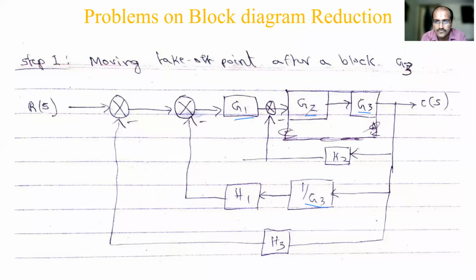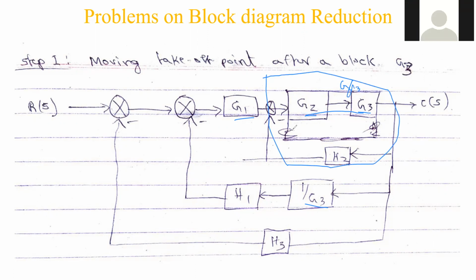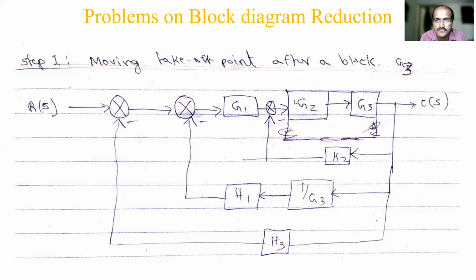So now it is simple. G2 and G3 are in series. If you take this series and then eliminate the minor feedback loop, it takes too much time. What I will do is combine G2 and G3 and make it a single block, and that is our new G. In a single step only I will do it. And then there is a minor feedback loop. For the feedback loop, you have H2 and there's a minus sign. So what you will get is G2 into G3 divided by 1 plus G2 G3 H2. Straight away you will get it. Okay, so that's what I will do in the next step.